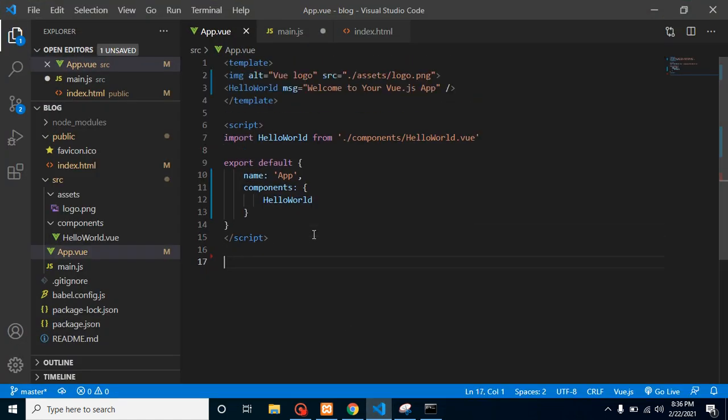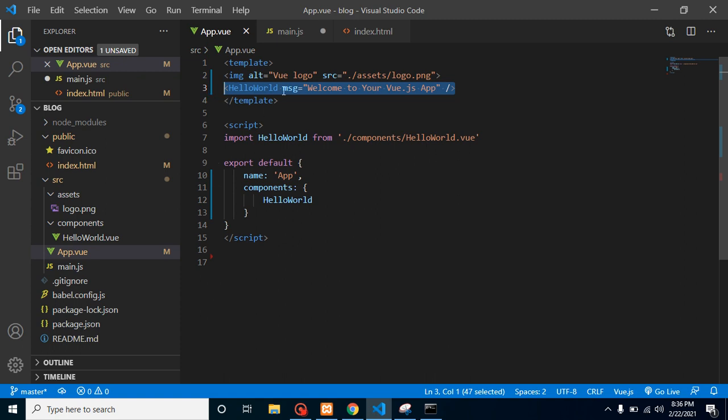That's fine. Now you will find in app.js that our one component is imported, which is HelloWorld. Whenever you use any component, you have to write code in three places. First of all, you have to import this component, then you have to register this component, and after that, at the last, you have to apply this component like this, right?